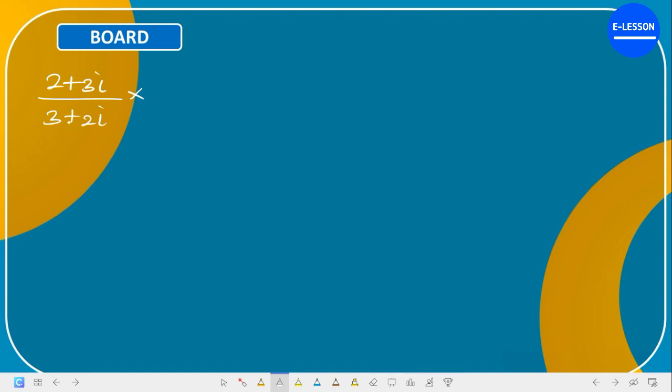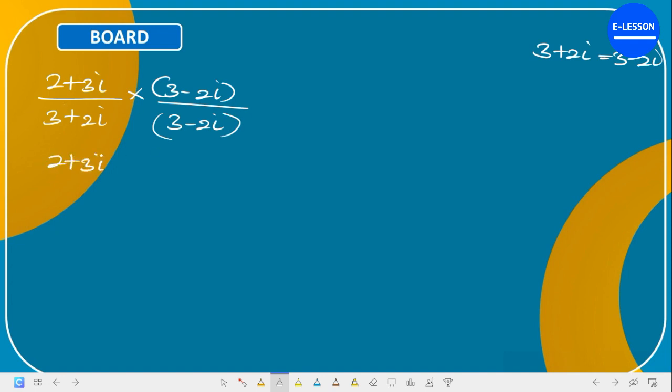Now the denominator is what? 3 plus 2i. What is the conjugate of 3 plus 2i? The conjugate is 3 minus 2i. So you come here, multiply both up and down by 3 minus 2i divided by 3 minus 2i. So multiply both up and multiply both down. So this gives us bracket 3 plus 2i, bracket 3 minus 2i, all over